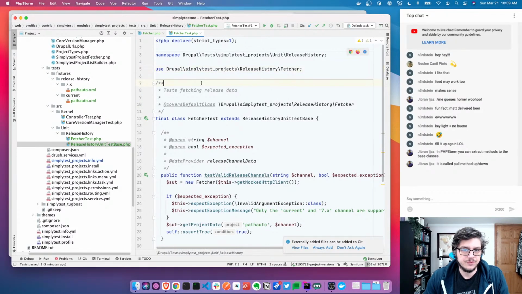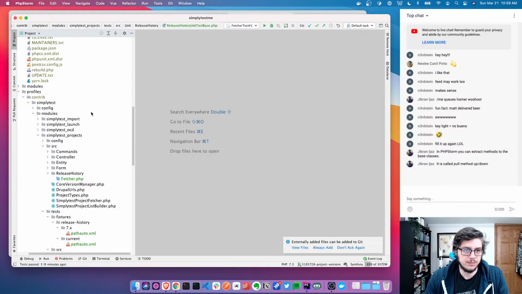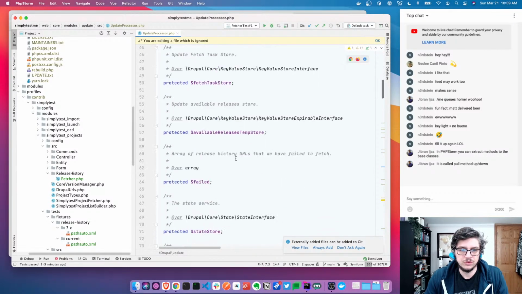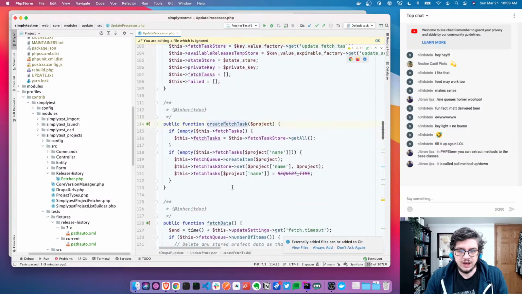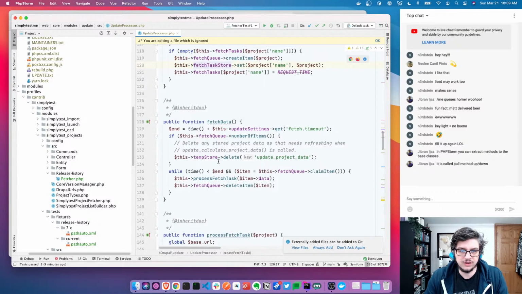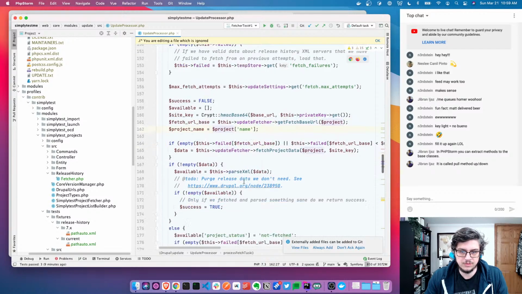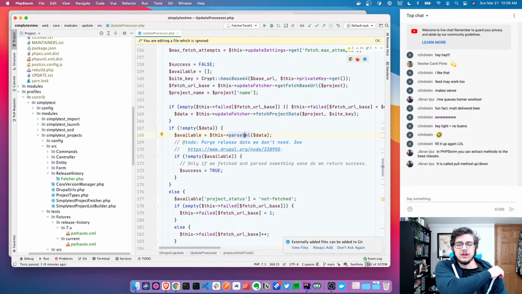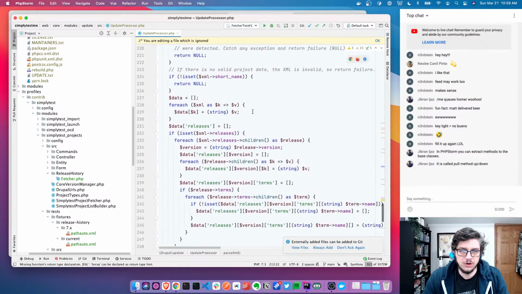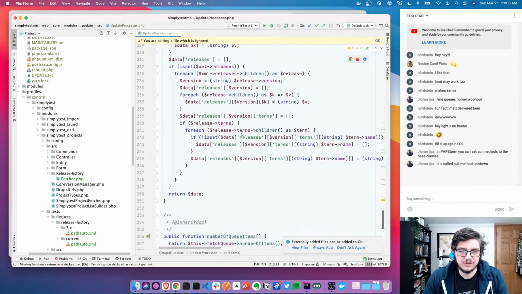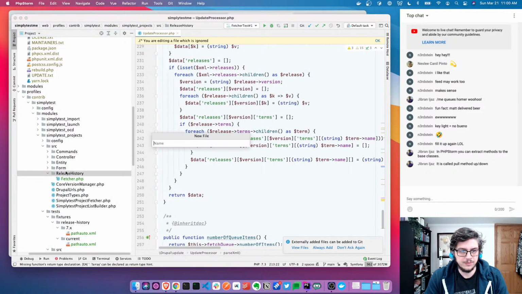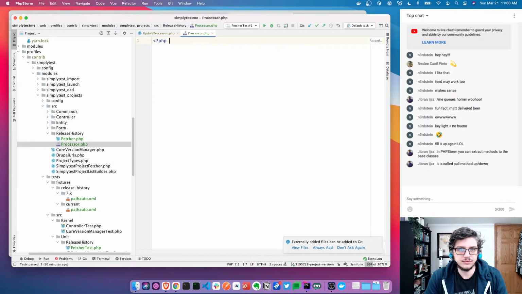So now that we have our fetcher, which we know is able to fetch data, that's great. We need to parse it. So let's get back to update. I believe that was update processor. So update processor, scroll through this, create fetch task. That creates the test. We fetch data, fetch task. So fetcher, yep, I believe we did that. Data, parse XML. Okay, so we need to create a processor that can parse this XML. And right now, this beautiful line of code for parsing the XML is only in this class and cannot be reused. So we'll create a processor.php